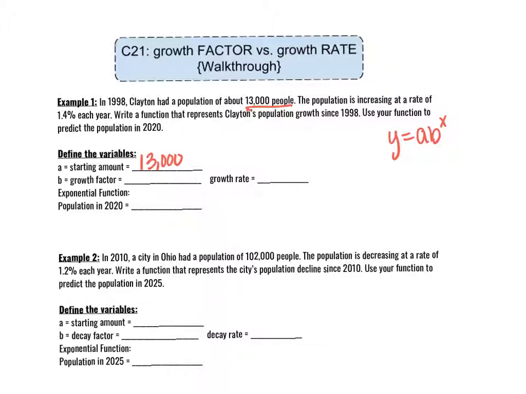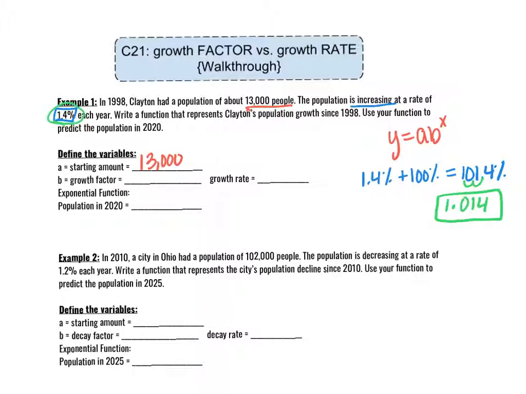The population is increasing at a rate of 1.4% each year. Okay, so remember that when we're given a percent, we cannot put that directly into the equation. Because we're increasing, we're going to take the 1.4% and add 100%. So that gives us 101.4%. Then we're going to change this to a decimal, so we want to go away from it being a percent. So this is 1.014 as a decimal. This is our rate. This, in the green, is our factor. So our growth factor is